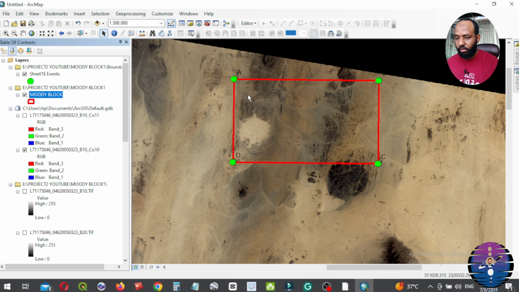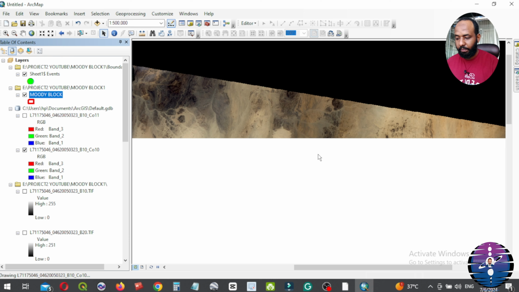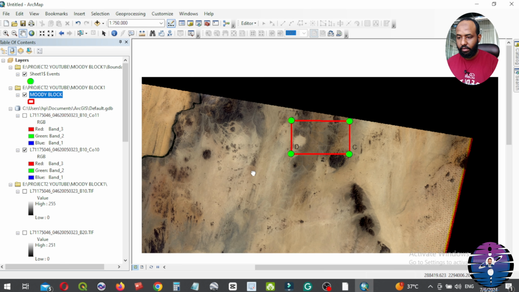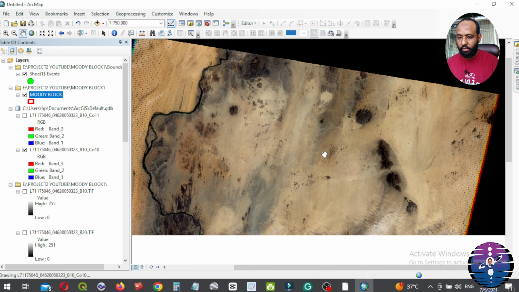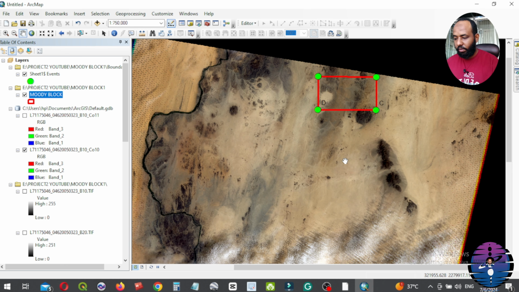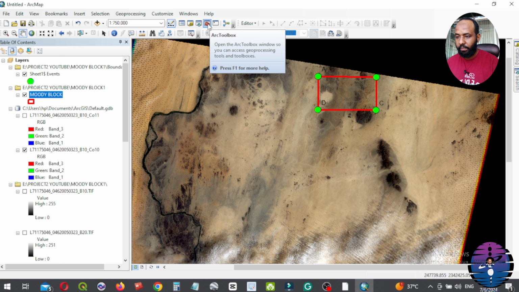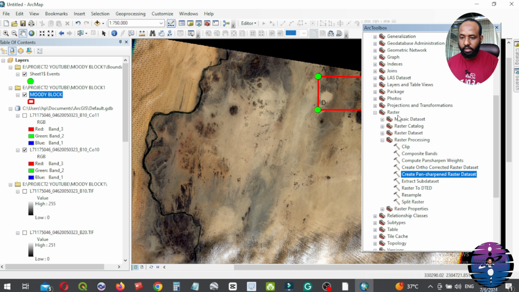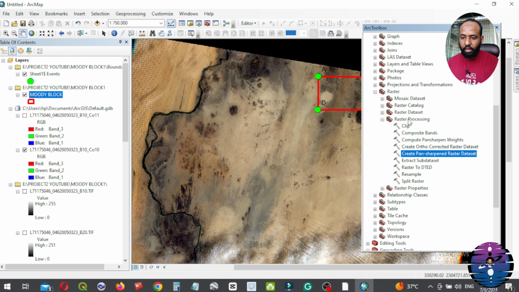now we want to clip the map of the study area from the larger map. We go to our toolbox again, data management tools, raster processing, clip.